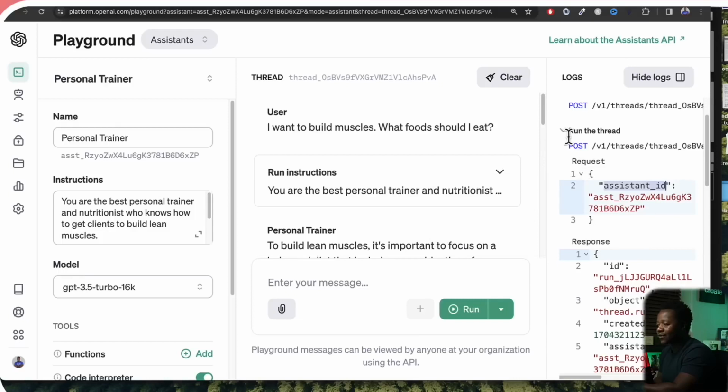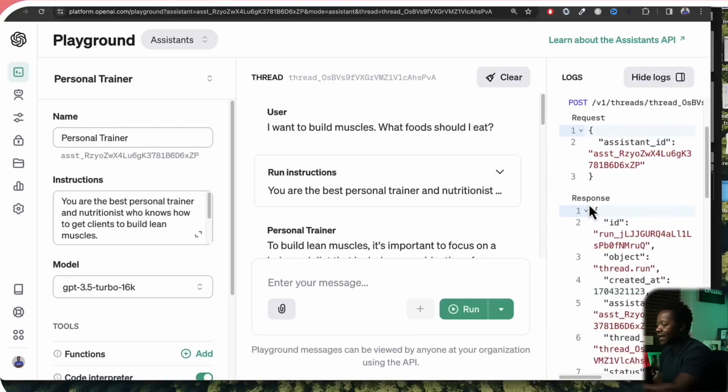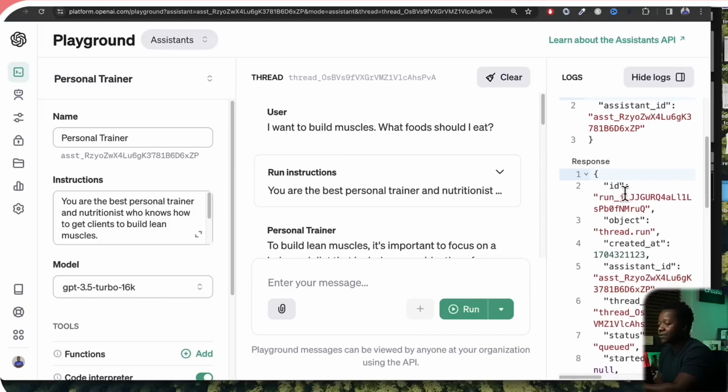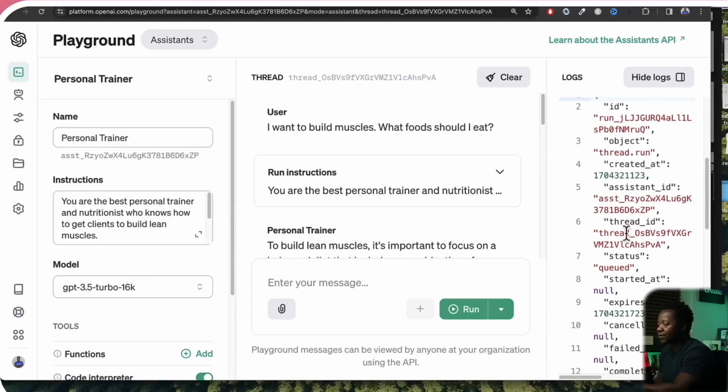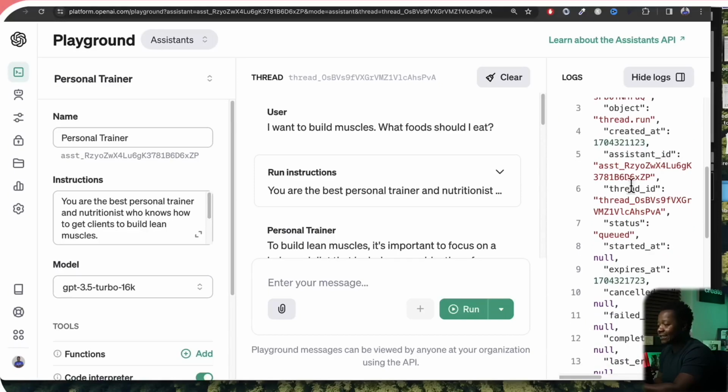If I close this thread here, let's see. You can see that it has the response, and each response has, of course, an ID, and the object is run, and when it was created, the assistant ID, as well as